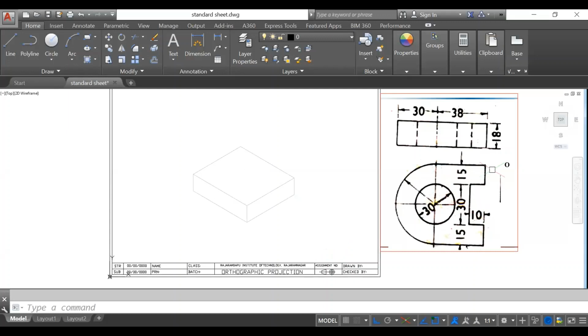Why? Because if you observe this one, the general shape of that particular diagram is like a top view, and the thickness is 18 mm. So let us consider if you want to manufacture this particular part, and you will be provided first one block, and then what you can do, you can prepare a hole at the top like this, 30 mm. Then you can prepare a slot here.